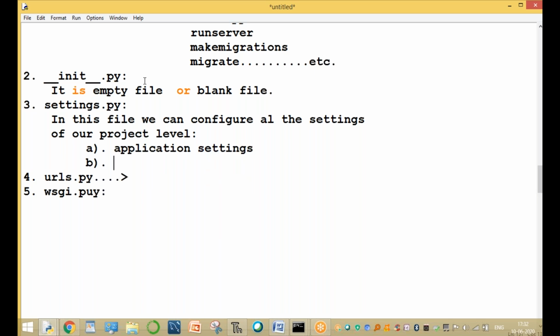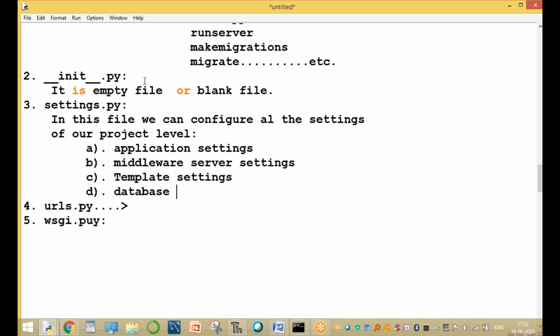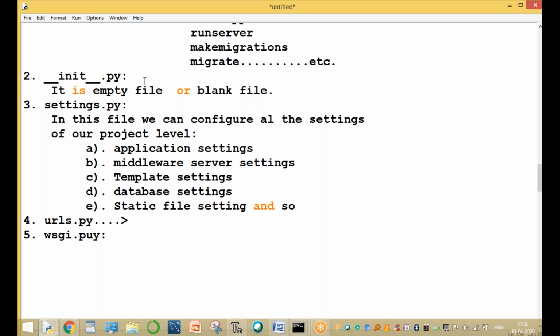The second one is the middleware settings. I will show you one by one. The third one is the template settings. The fourth one is the database settings. And the fifth one is the static file settings, and so on. Clear, guys? Here, different types of settings are available in the settings.py file.